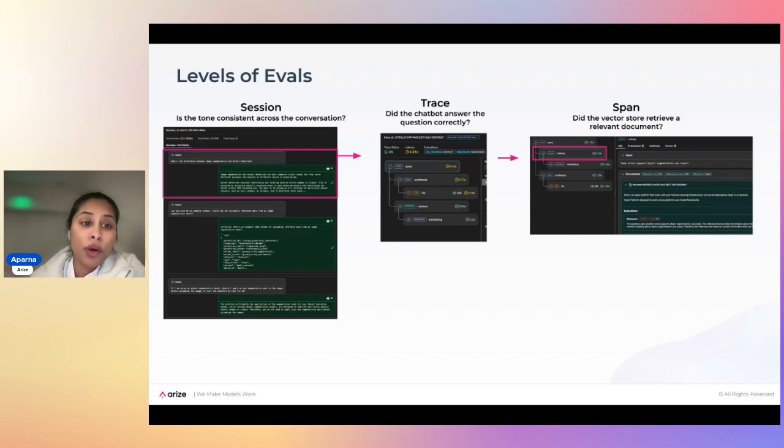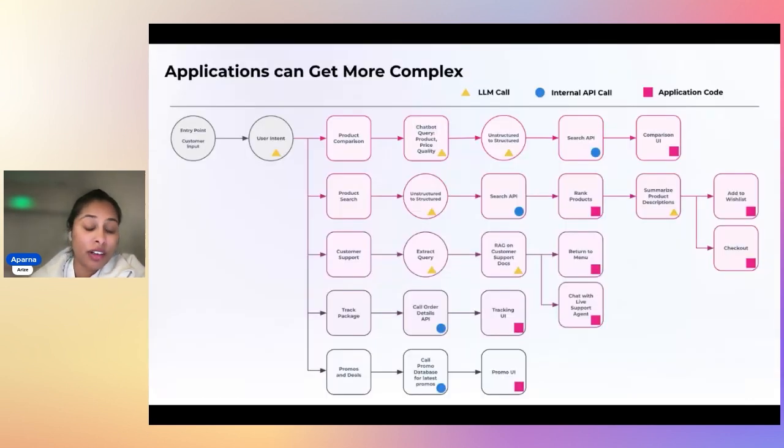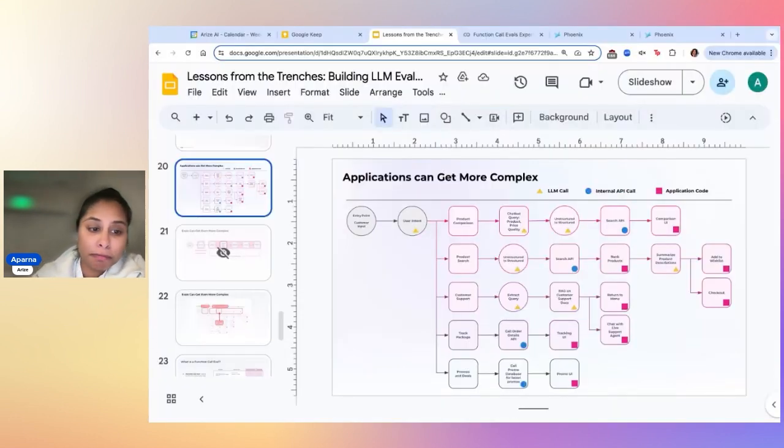But in the real world, these applications are often really complex, really multi-step. And so it's really important for the owners and builders of those applications to know what's important to evaluate and what's important to track when there are failures in the application.